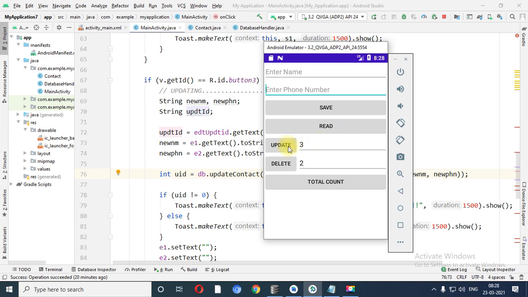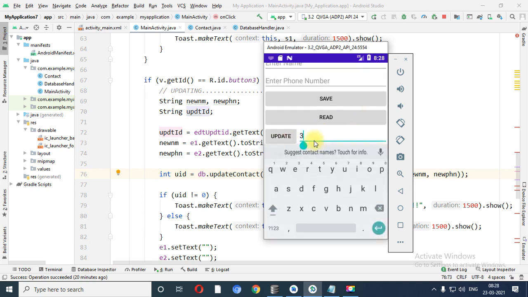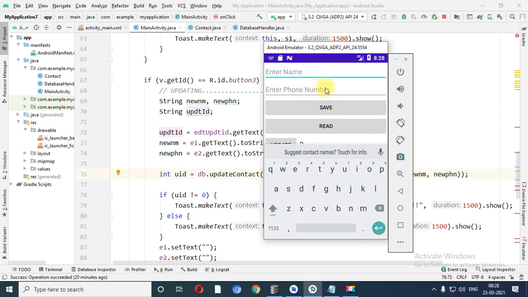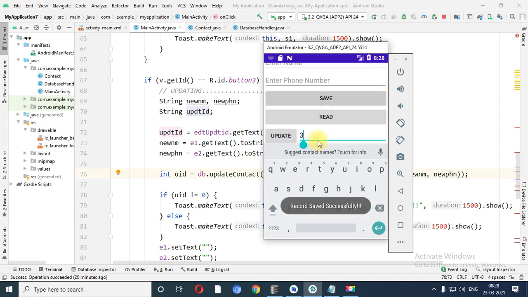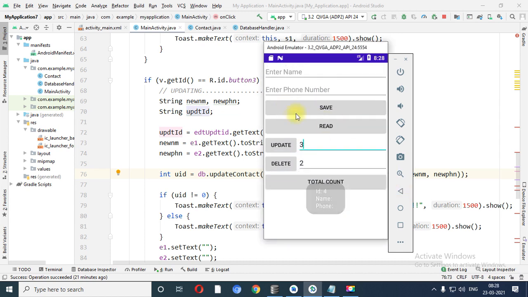And when you click on the update button, at that time first of all you need to give the name, new phone number and update record ID. That means which record you want to update, right? So in this way the connectivity program is executed.